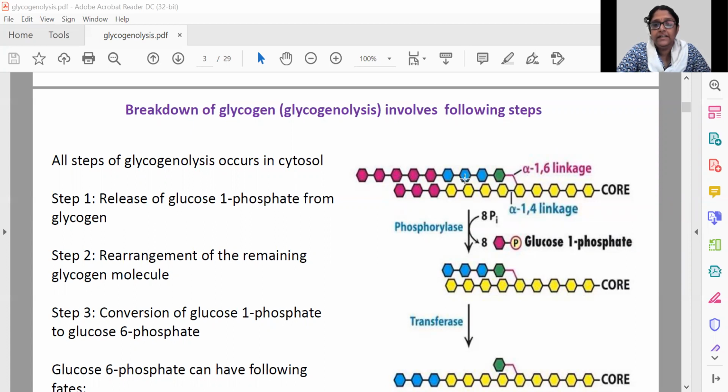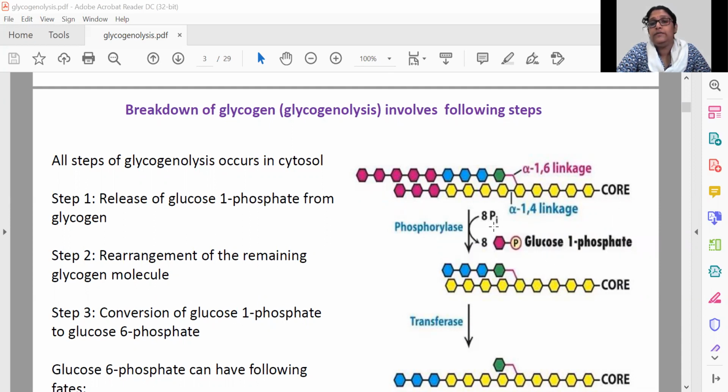So what happens is 1, 2, 3, 4. So these 3 blue and 1 green colored are the 4 molecules from the alpha 1,6 linkage, and over here also 1, 2, 3, 4 and 5. So as long as this is there, there will be a conformational resistance also. So whatever is shaded in purple, in the magenta color, that can be removed by the phosphorylase.